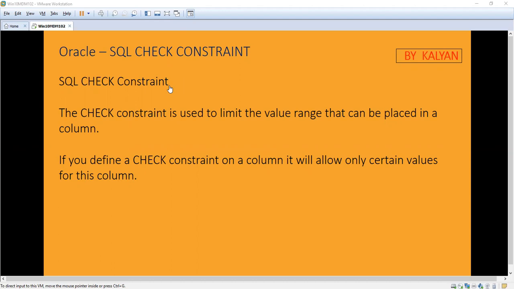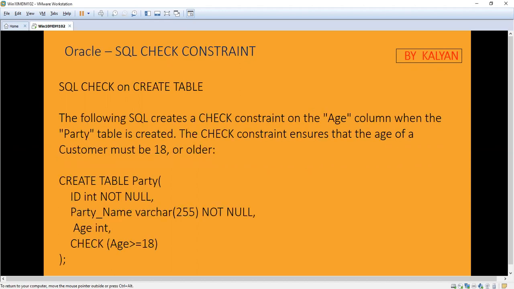We are going to create one table. I will show it now. See, the following table party contains three columns: ID, party name, and age.